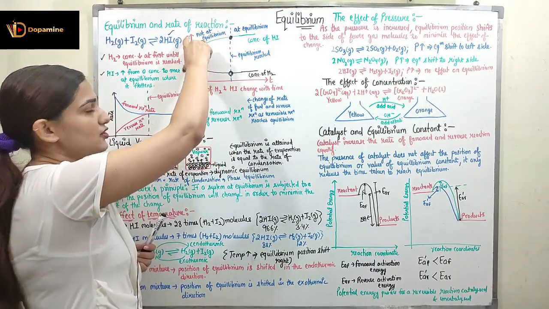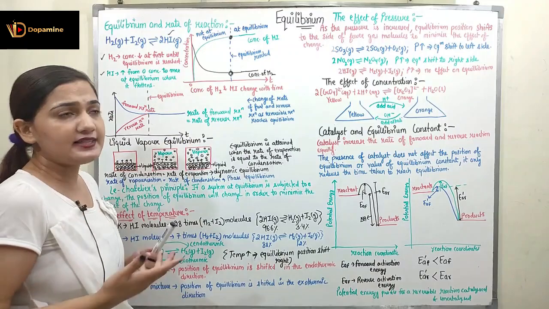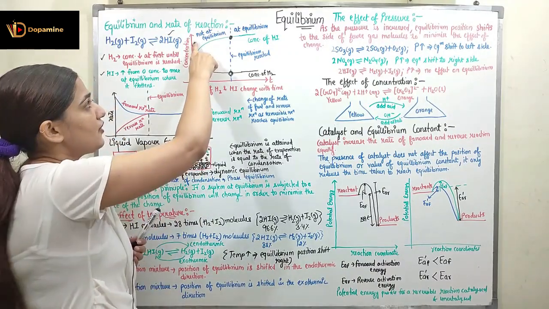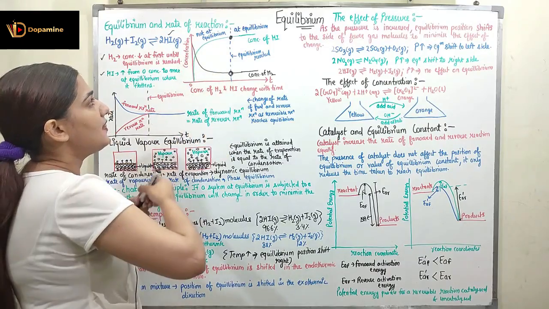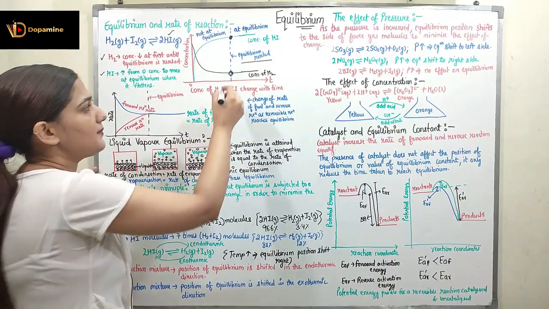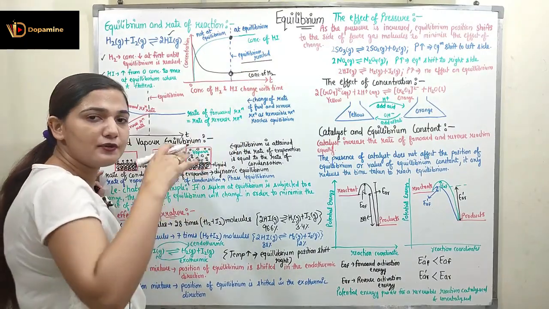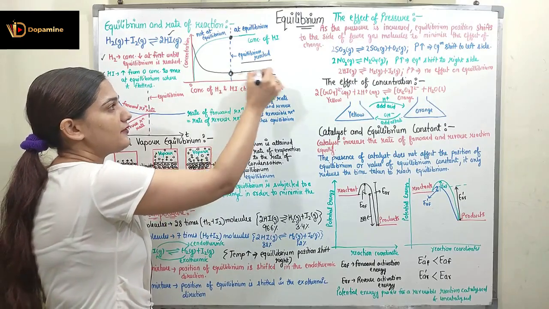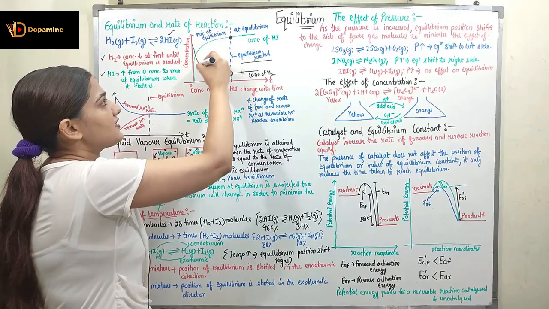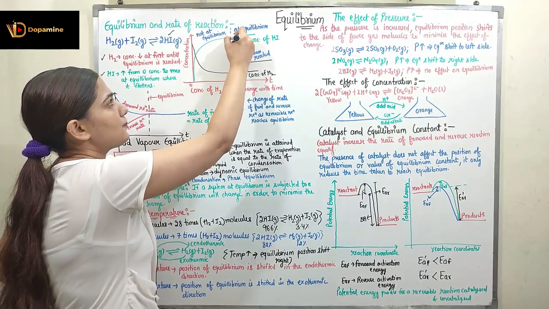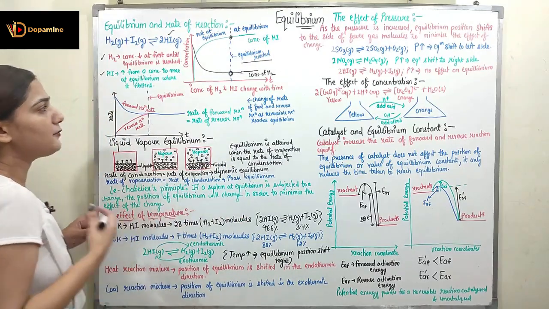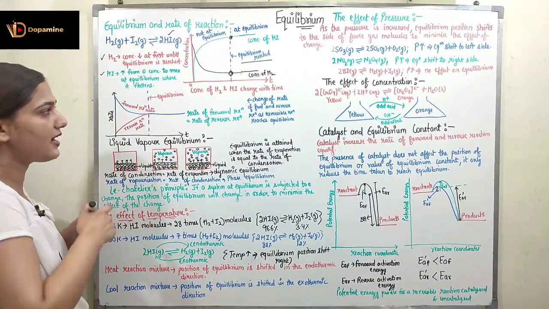Now here you can see the concentration of H2 and HI with respect to time. The concentration is on the y-axis, and the time is on the x-axis. If I see the concentration of H2, it is decreasing. This line represents the equilibrium. At the equilibrium, the concentration of hydrogen will reach a certain point, after which it will not change, it will remain as it is. Now if I see HI, the concentration of HI will increase from 0 up to a certain value at equilibrium, after which it will remain constant and will not increase.